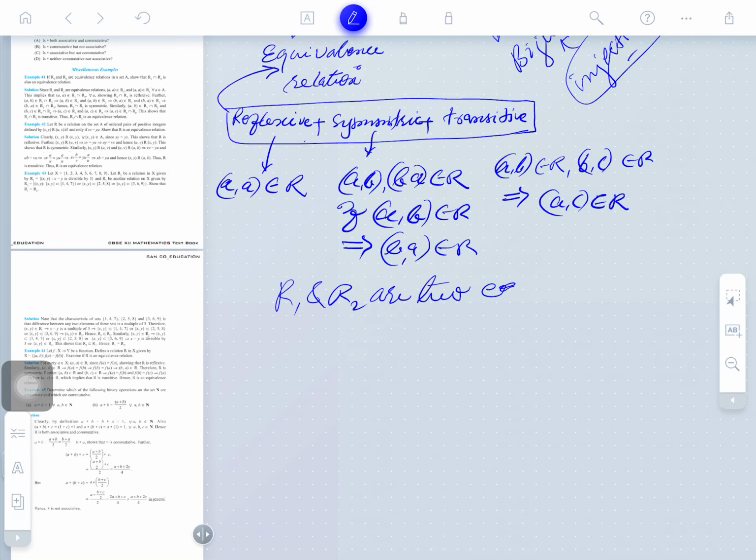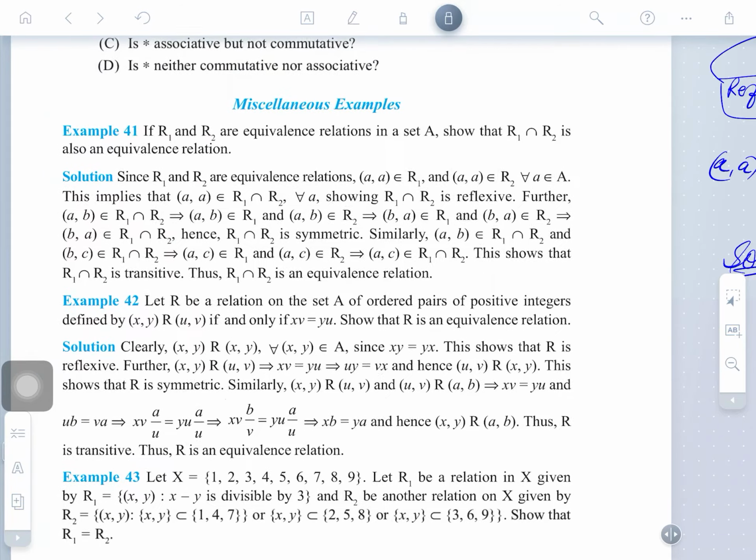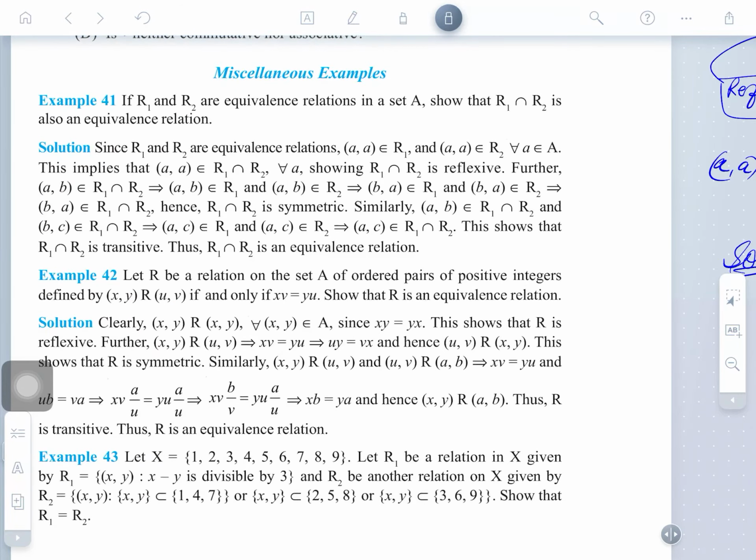Now we can understand this. You may see what type of expression is there, and read the question. What is it saying here? It means you just have to prove (a, a) belongs to R1. Obviously, (a, a) belongs to R1 with the help of (a, a) belongs to R2. So due to this, you have to prove (a, a) belongs to the intersection. Is it true or not? Yes, it is true. And will it be true for all a's? Yes, it is true. So we can say their intersection is reflexive.